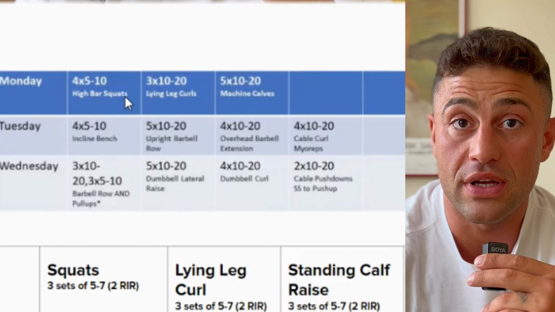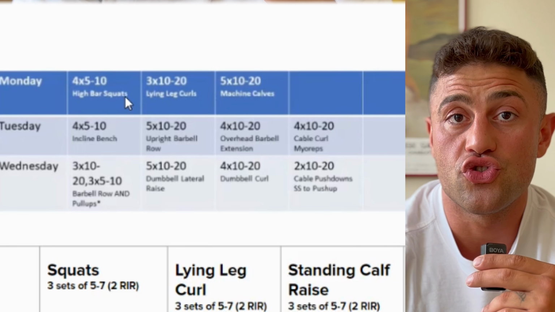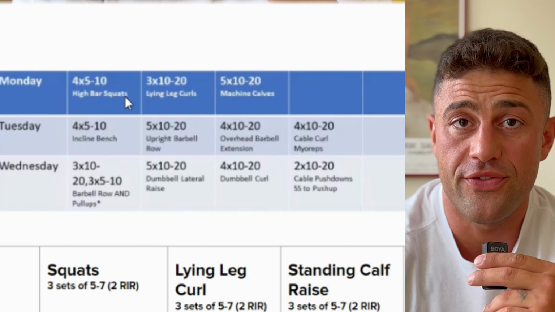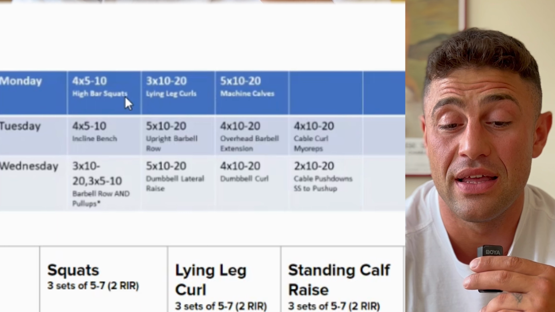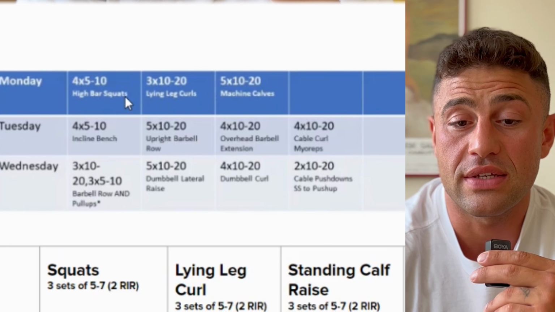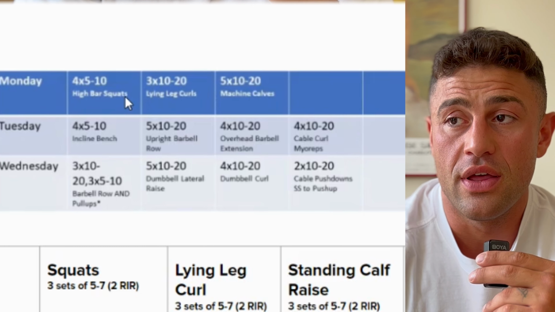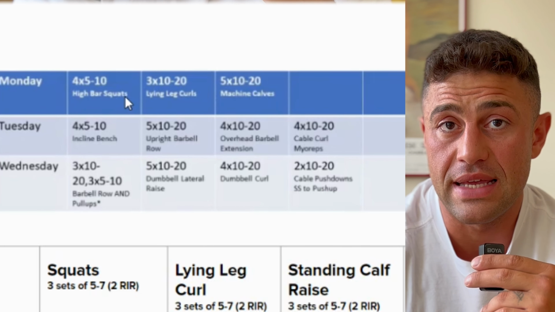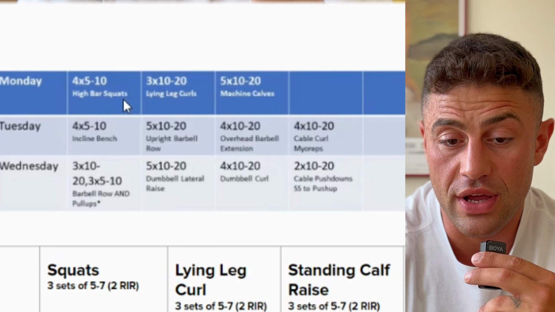And that's a good thing because, as we talked about earlier, CNS fatigue drops down quicker, at a faster rate, compared to peripheral fatigue. So we don't want exercises that increase peripheral fatigue in the beginning of a workout. We want exercises such as squat, pull-ups, bench press, things that are multi-jointed and require you to stop the set because of CNS fatigue rather than peripheral fatigue. So that's great. But